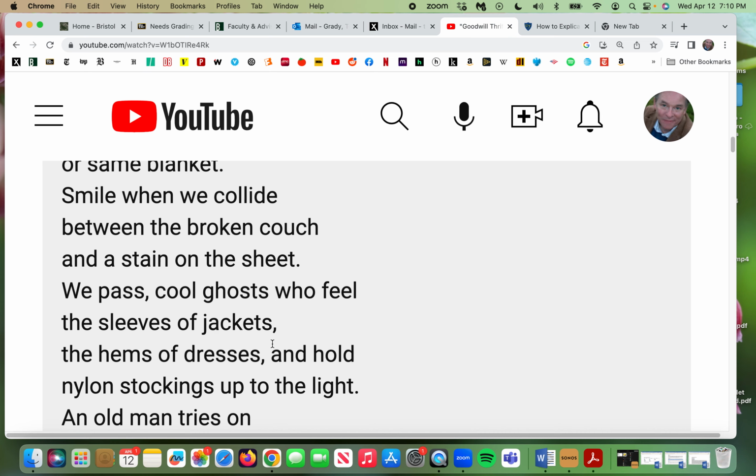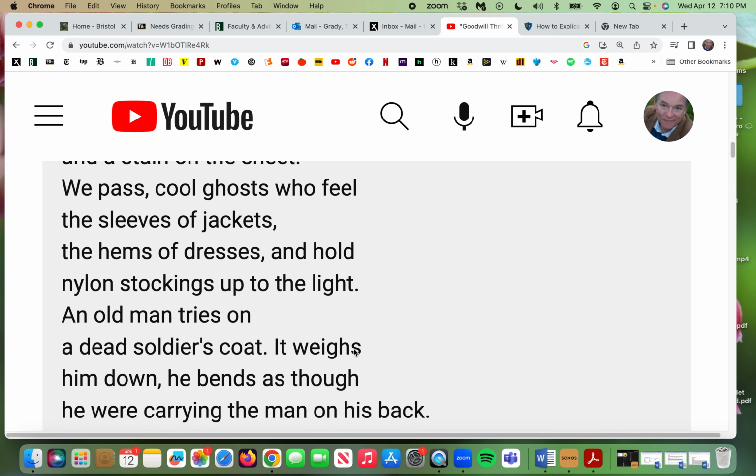And that's an important skill with doing poetry, or any kind of interpretive intellectual inquiry or critical thinking: you can build on positivity if you say, all right, this poem confuses me, but what do I understand? And in my case, I can see the commonality between a broken couch and a stain on the sheet, and that they're flawed objects. What they mean in the big picture of things, I don't know yet. So I just put a pin there and go, maybe I'll come back to that and it will all make sense later. Anyway, we pass.